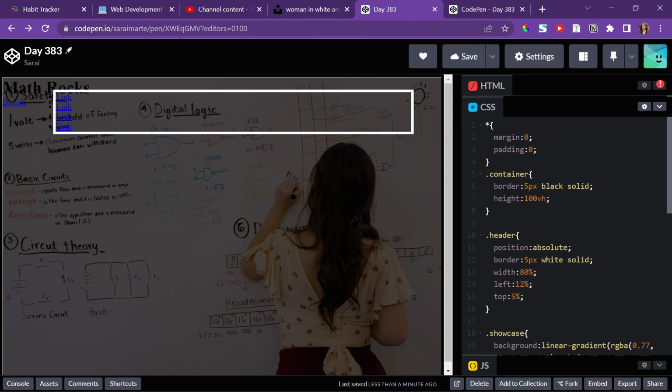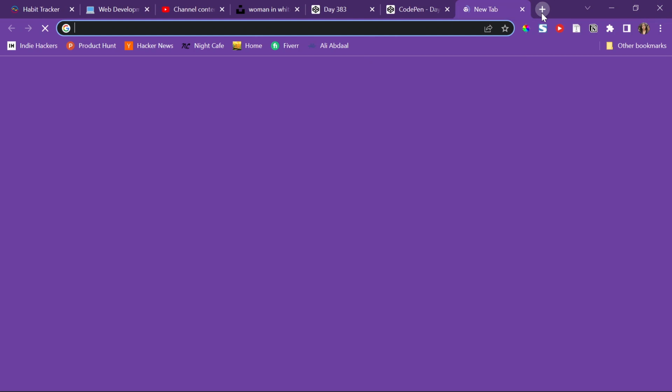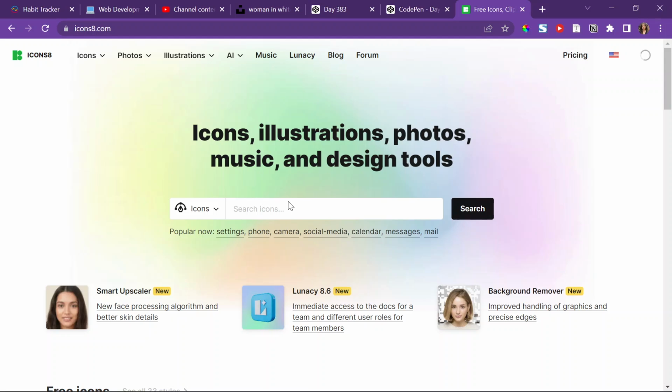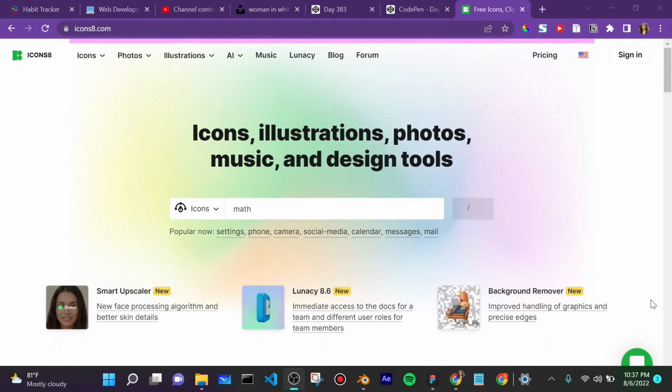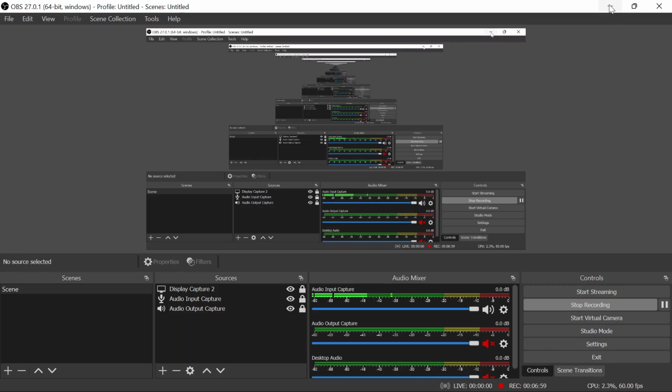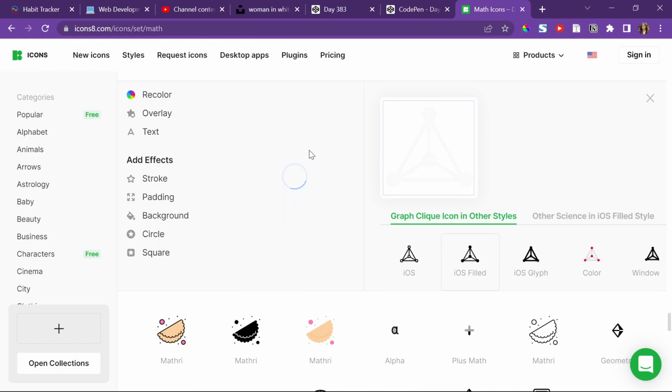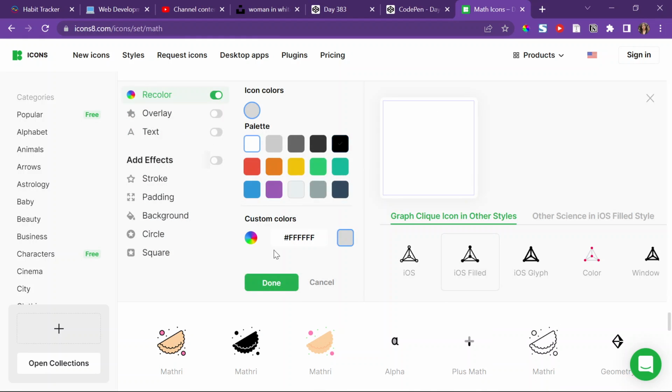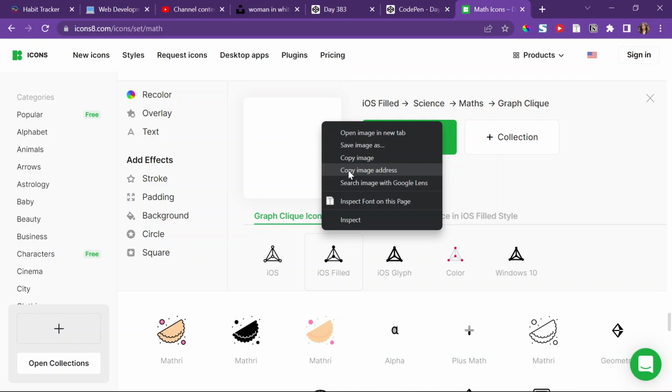All right, and then I'm going to work with the logo. So I'm gonna go to icons8.com and get a math logo of some sort. I think I'm gonna go with this icon. I'm just gonna recolor it to be pure white and click on done, and then right click, copy image address,